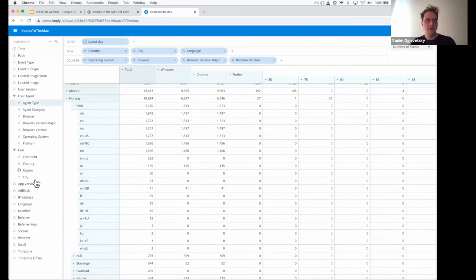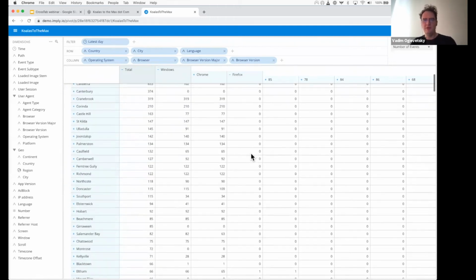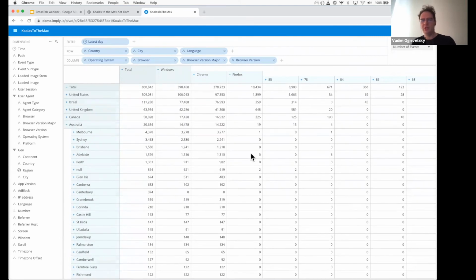I could literally take all of my dimensions here and one by one put them into the rows and columns, and then literally be exploring my entire data set. I mean, that might be too much to actually be useful exploration, but it's definitely something that could be done. And this is extremely efficient. Even though this view might look like it's pulling in a ton of dimensions, it's literally pulling in the values that are shown on the screen, which means that its resource utilization in a cluster is bounded